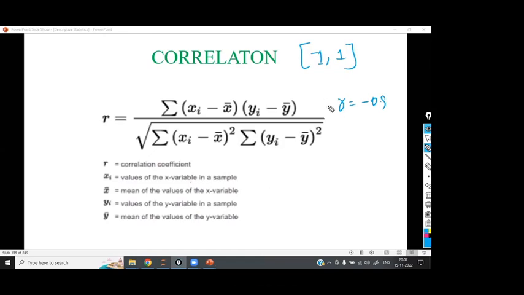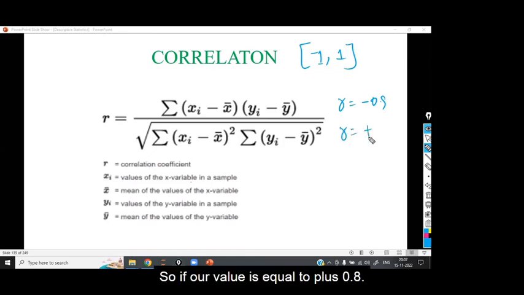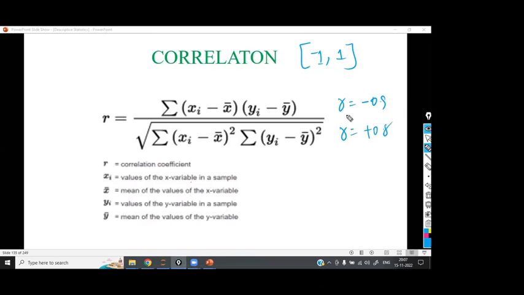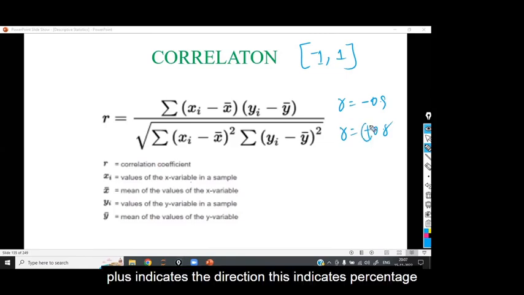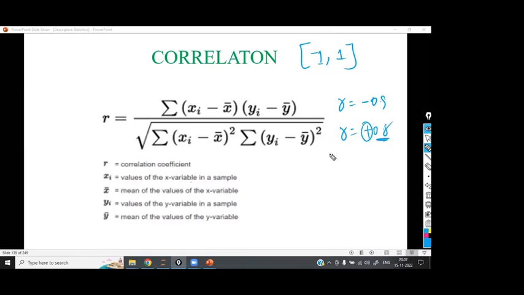Got the point? So if the R value is equal to +0.8, 80% they are correlated in a positive way. The plus sign indicates the direction, and the number indicates the percentage of relation. Got the point? Is that clear? So now if you take this one,